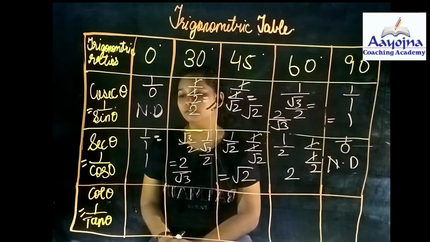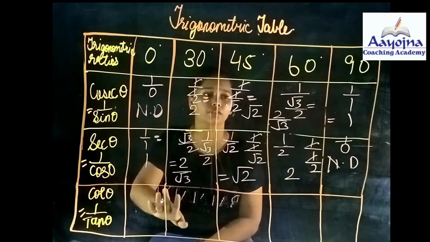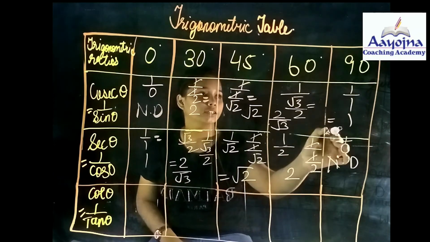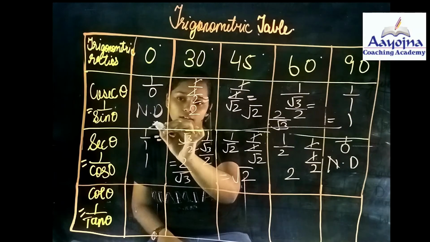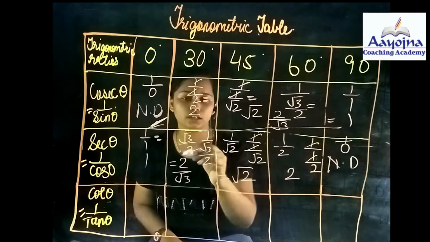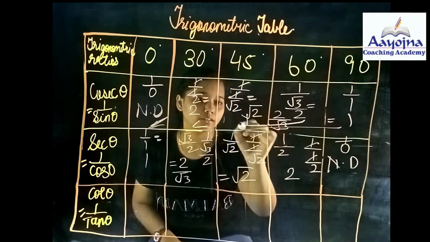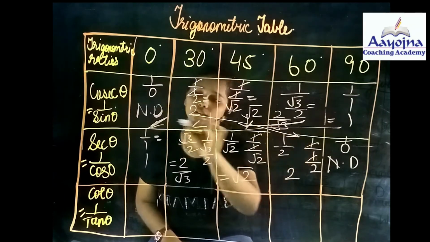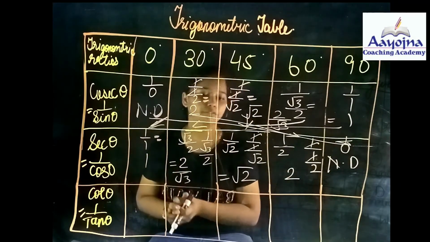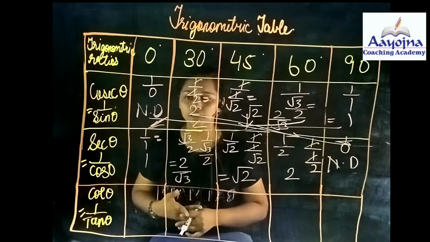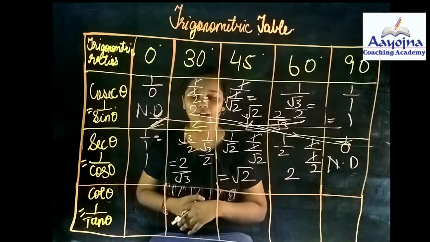Now the second method how you can find sec theta is just writing cos theta in reverse. I'll show you how. 1 is over here, here it is also 1. So this is just the reverse of it. This over here, this one exactly here, this over here, and not defined in the last. So this is how you can put it in the reverse system and find sec theta. This is the second method. The second method is easier than the first one because you don't have to simplify it that much.